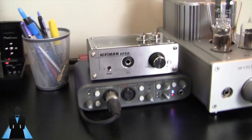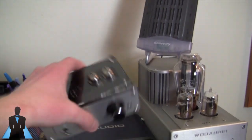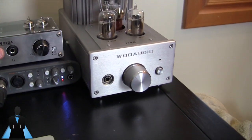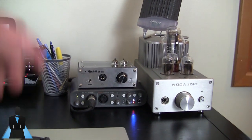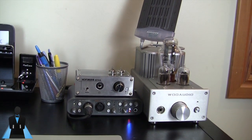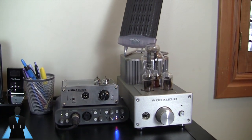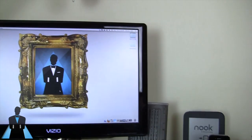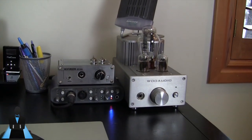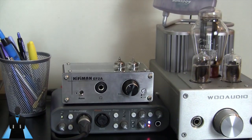Right here, I have my HiFiMan EF2A, and it's actually unplugged, and that's because as much as I love this, it gets clobbered by the WooAudio WA6. But that's not to say that this is a bad amp, and I actually want to use it by my bedside because I watch tons of TV shows and other stuff in bed when the rest of my family's asleep, and I don't want to bug them. So rather than sit in this uncomfortable chair, I just lay in my bed and watch TV. I edit a lot of videos in bed too, and so I want a good amplifier, but